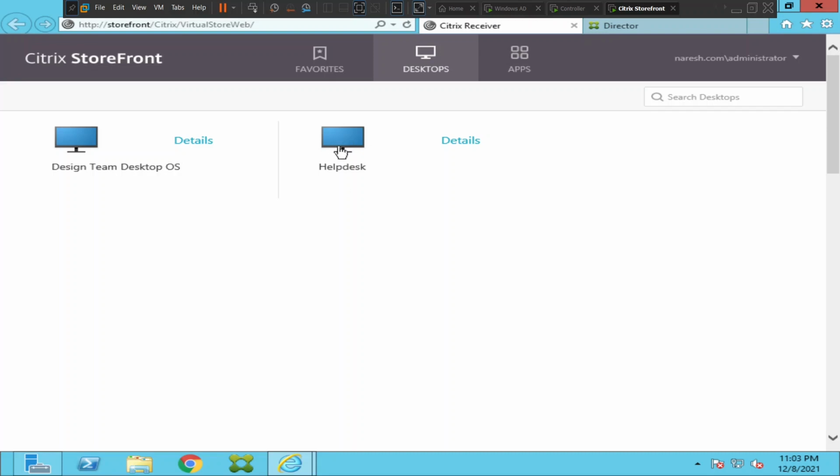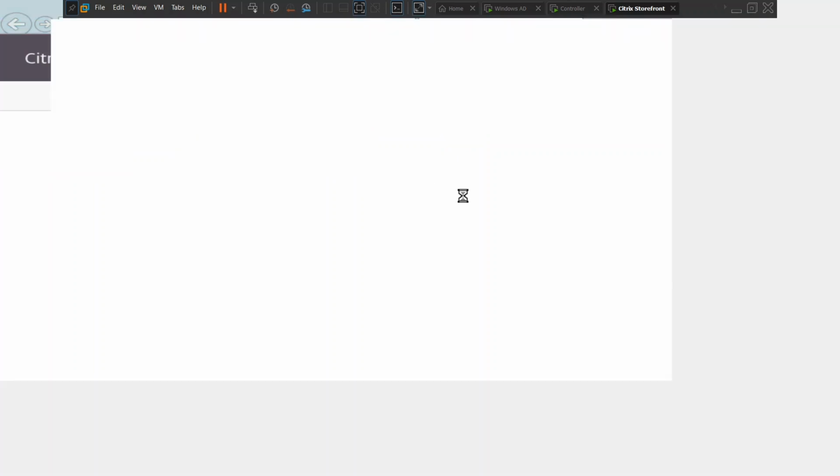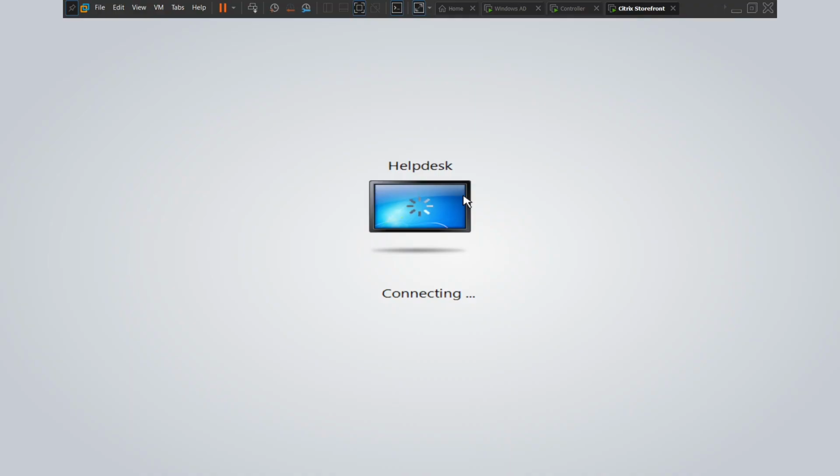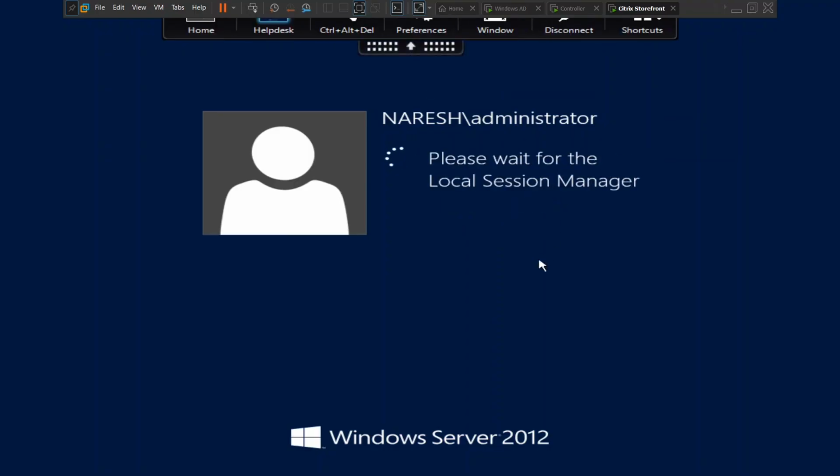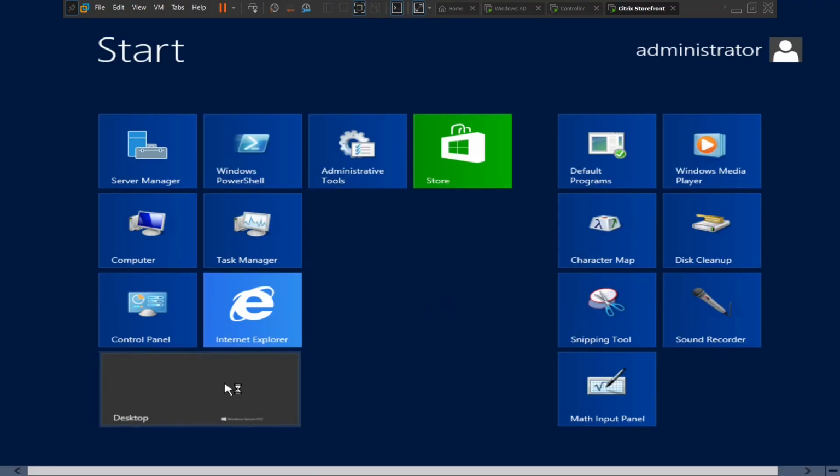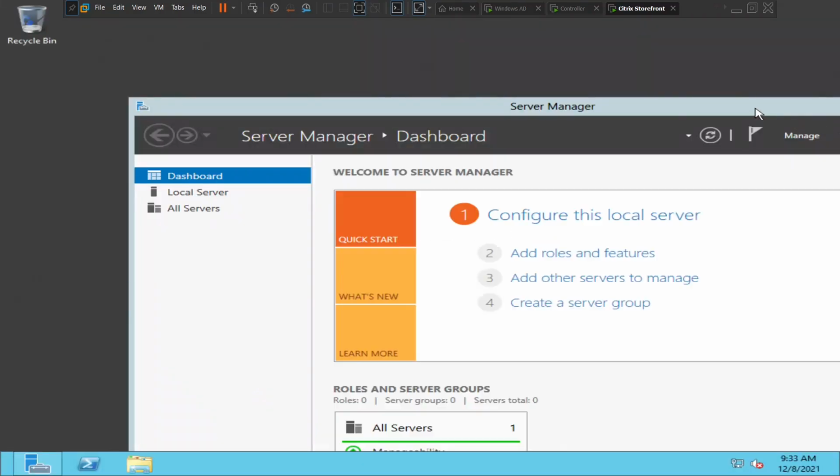Okay, so Tom is trying to click the VDI machine again to launch a new session. Okay, this time, when the issue was there, it was loading here, it was stuck here, but now user logged into the desktop successfully. So this is the most common issue.